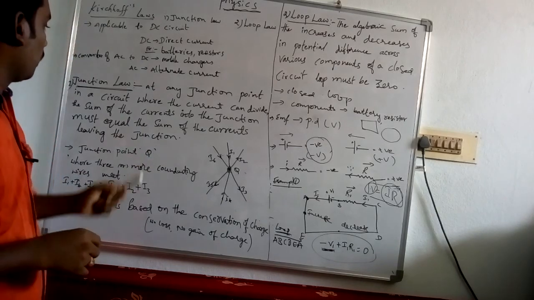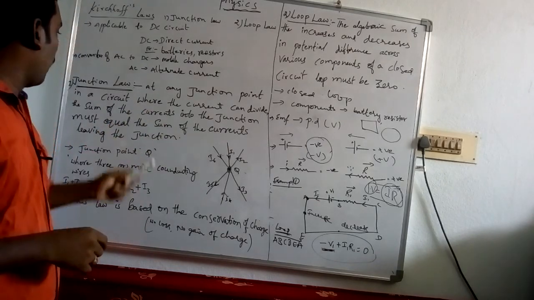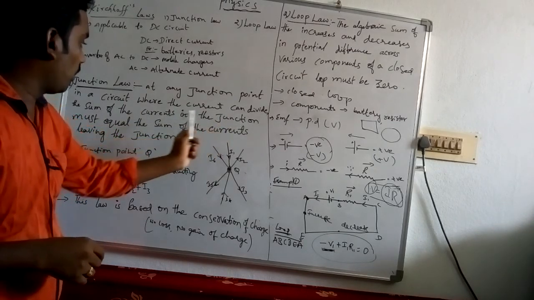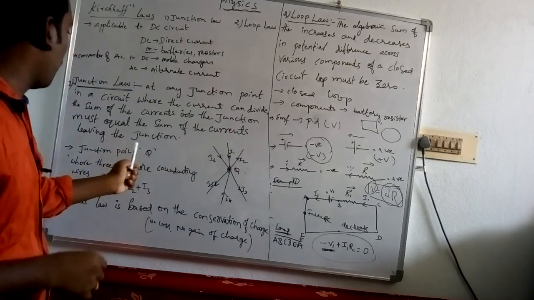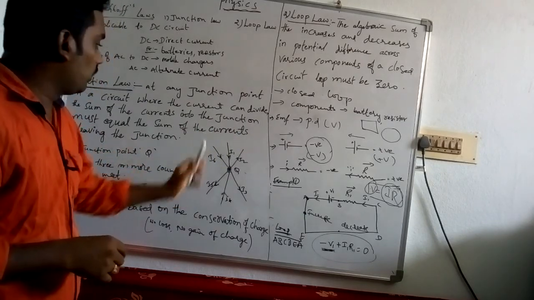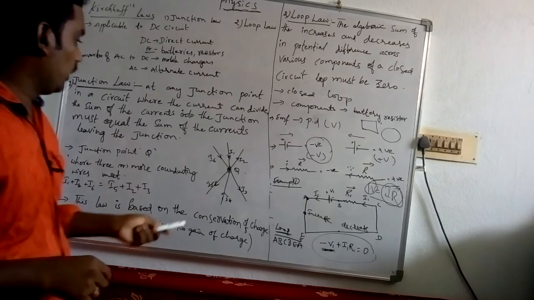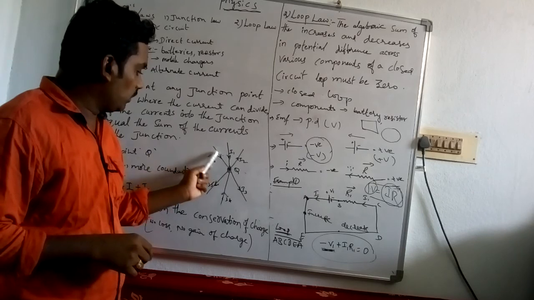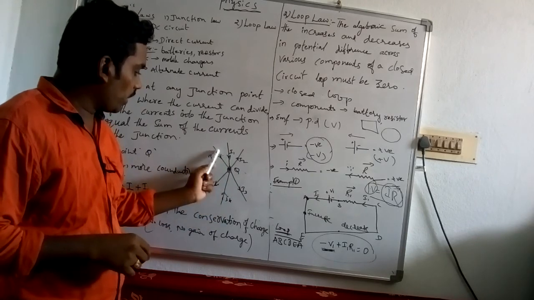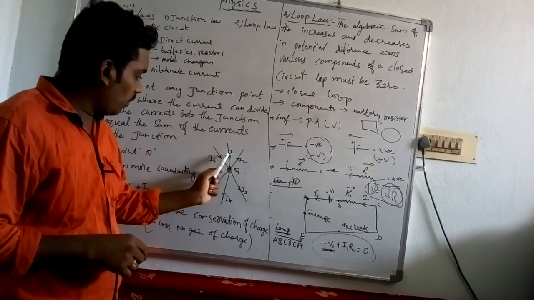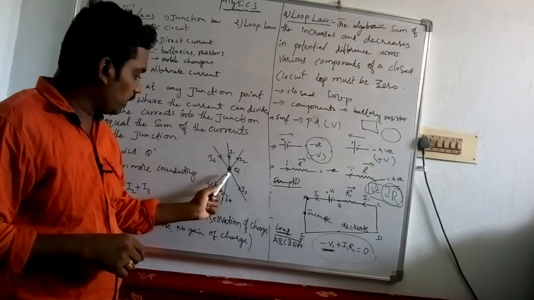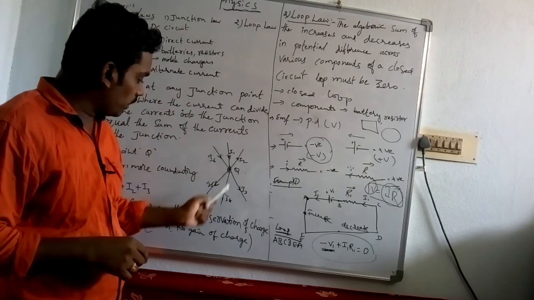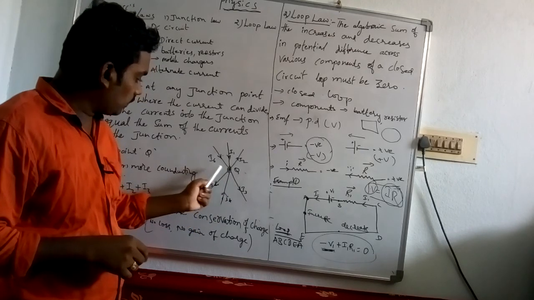Here, the sum of the currents into the junction and the sum of the currents leaving the junction, these two are equal. Here, this is the junction point, Q is the junction point, and these are the current wires, conducting wires. Here I1 is an arrow mark into the junction, and I4 current also into the junction, and I6 current also into the